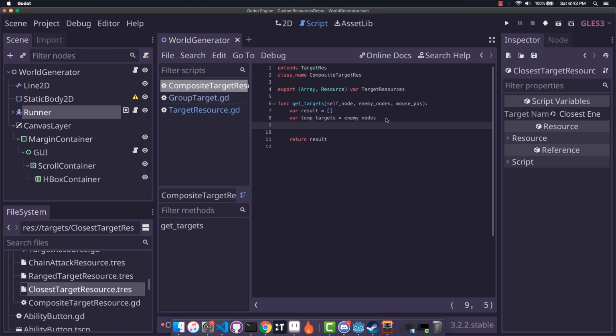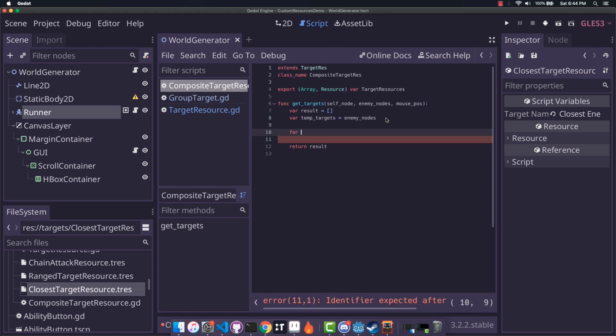Pretty straightforward, I think. It's going to be a really, frankly, elegant piece of code. And hopefully this is going to make sense. We're going to say for target res, that's just for resource, in target resources. And since it's an array, as you can see up here, you can just loop over them like this. We're going to say temp targets equals